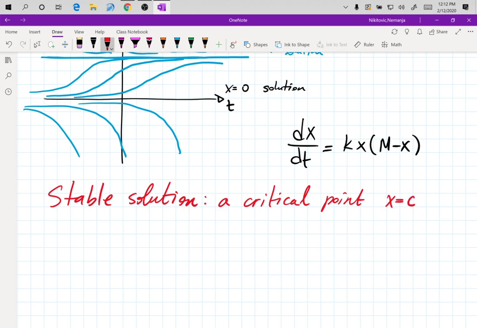Anytime I say x, in your head you can translate that as p, population equals 5 billion. So a critical point x equals c of an autonomous first order differential equation